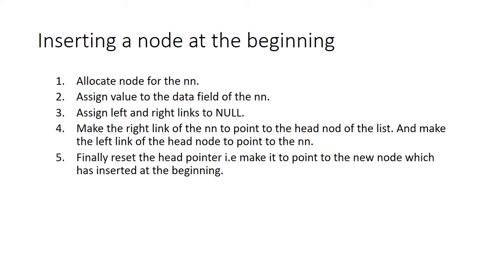The next point is that the right link of the new node we have to point to the head node. If your list has some elements, the first element, second element, third element, and so on, then the new node that you have created has to come to the first position, isn't it? It has to come to the first position. Therefore, the right pointer of this new node has to go to the head, the left pointer of the new node should be null, and this new node will be made the head afterwards.